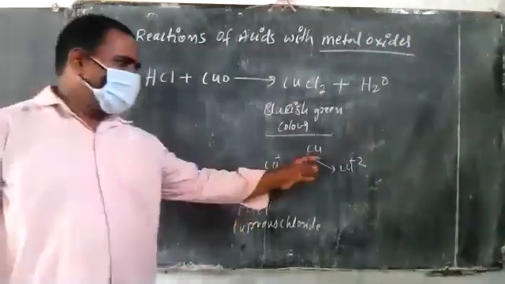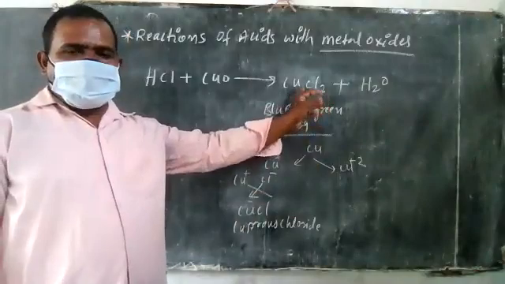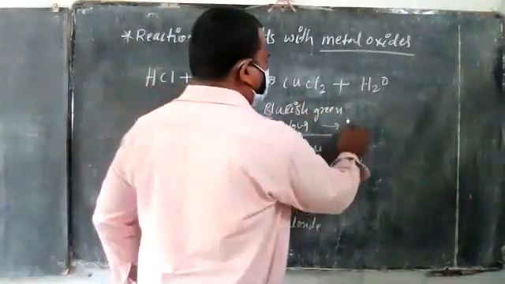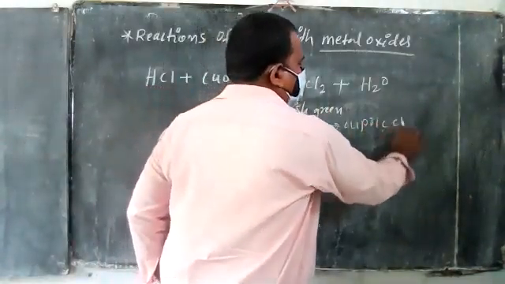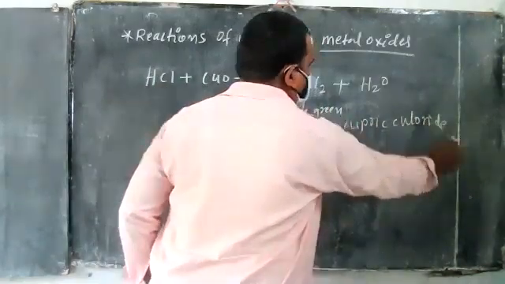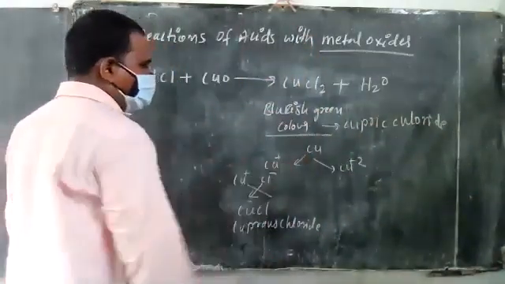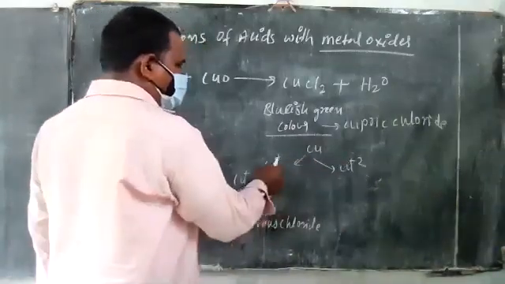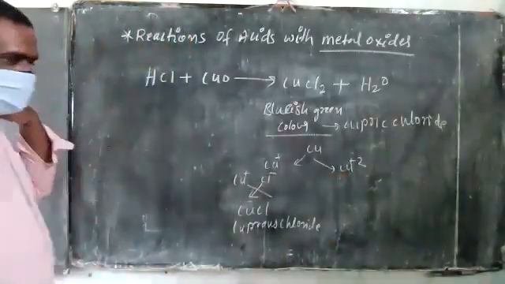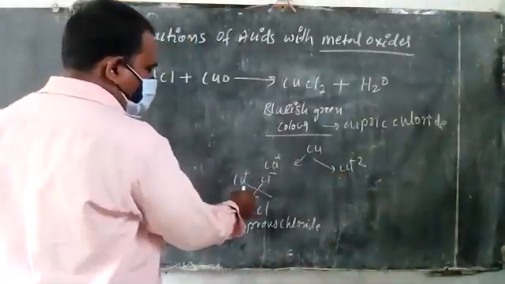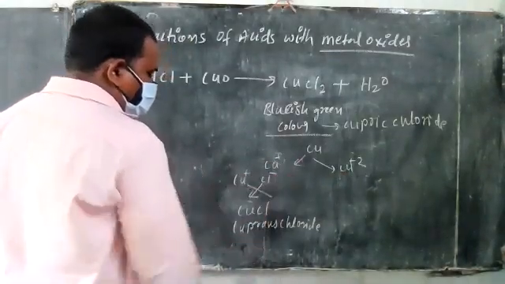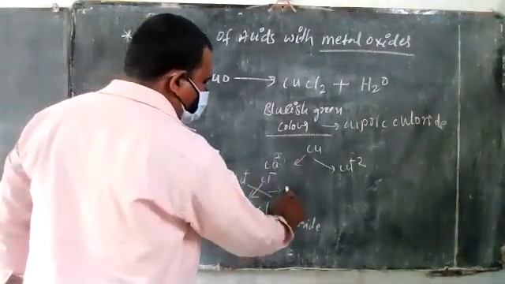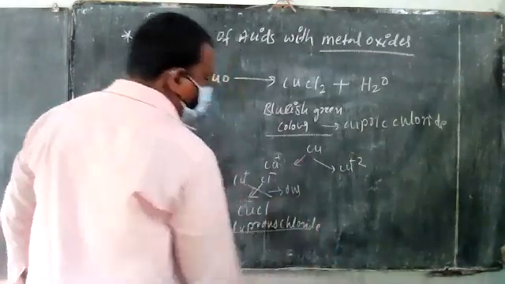So this is the copper chloride. But what is the chemical name? So this is the cupric chloride. And what is the chemical name of the cuprous one? The copper shows variable charge, means two charges, Cu plus 1 and Cu plus 2. Whenever Cu plus 1 combines with Cl minus, the lesser charge combined with the negative charge, so this is the cuprous chloride.